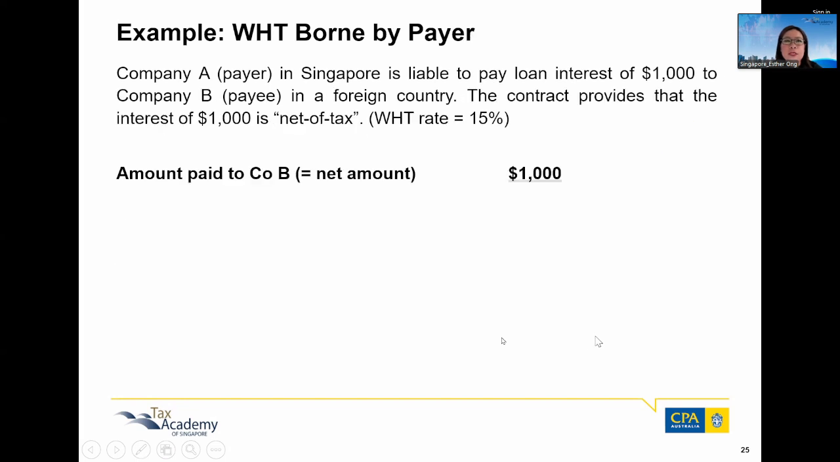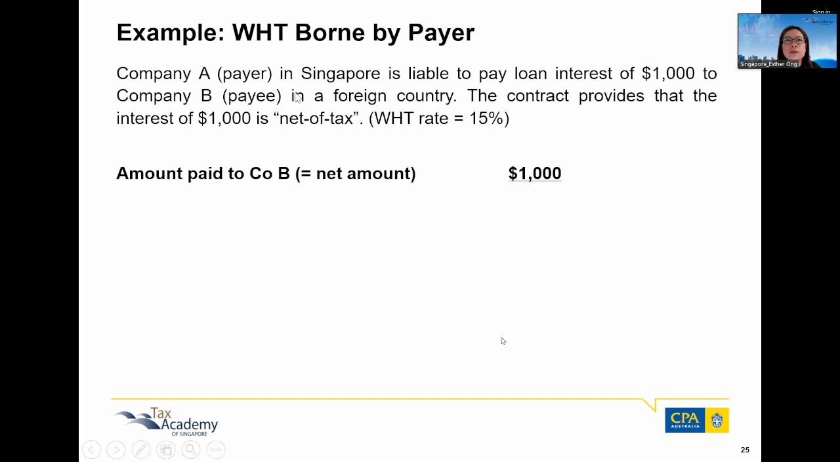Okay, next we'll look at another scenario on calculation of the withholding tax. In this case, we are talking about cases whereby the withholding tax is actually borne by the payer, not the payee. Maybe because of bargaining power, the payee tells the payer that it doesn't want to bear any Singapore taxes. Any tax arising from the transaction will be